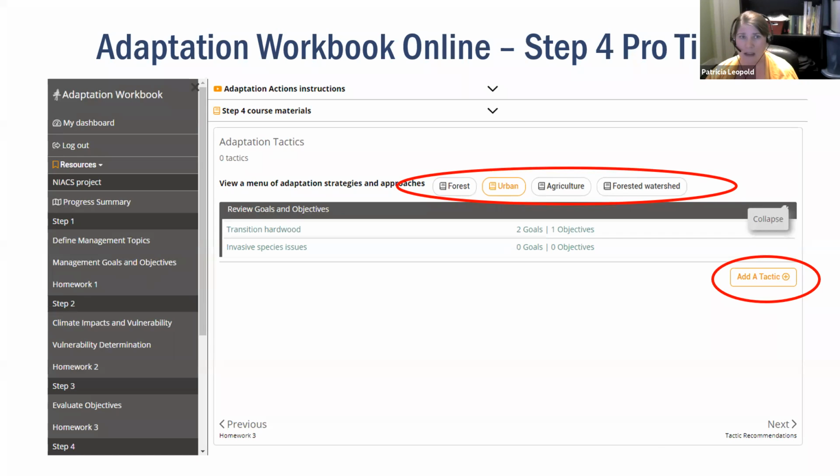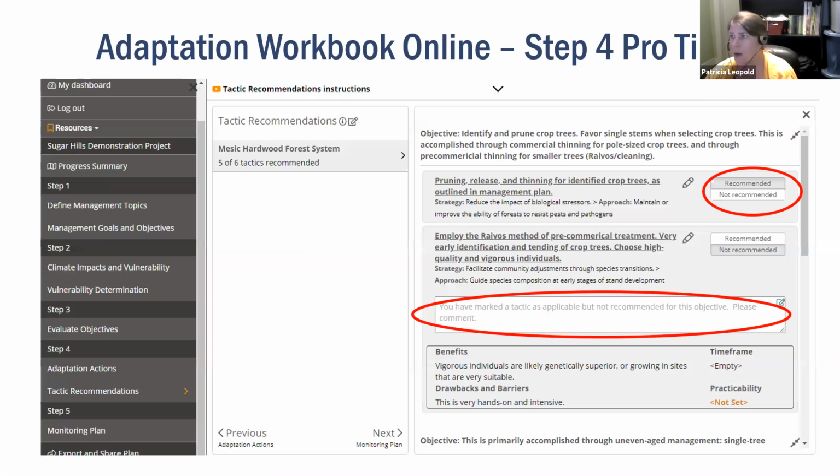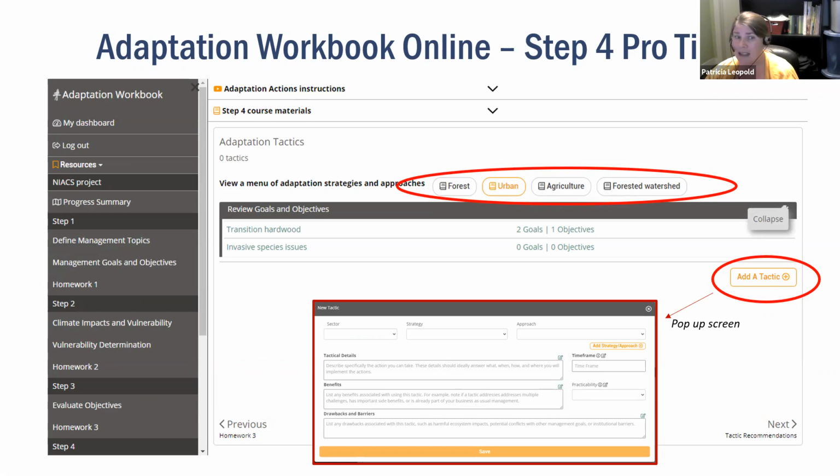So that's all you need to do. Click on that button, and then you're going to see this screen pop up where it's showing you which menu are you using, and then which strategy are you choosing, and then which approach are you choosing. And then because you are the one who is devising the